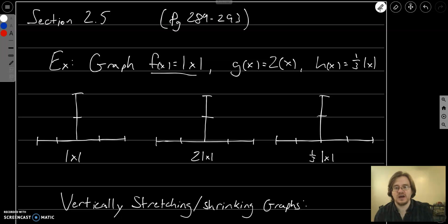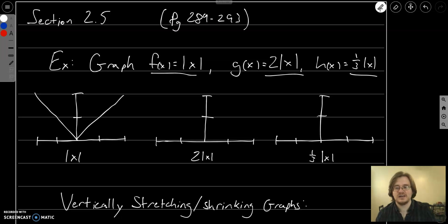So here our initial function is going to be the absolute value of x, and we'll see what happens. Oh, this should be 2 times the absolute value of x. What happens if we multiply by a number that's bigger than 1, or what happens when we multiply by a number that's smaller than 1, say 1/3 x? Well, our absolute value function looks like the identity function on the right hand side, just this nice straight line, and on the other side